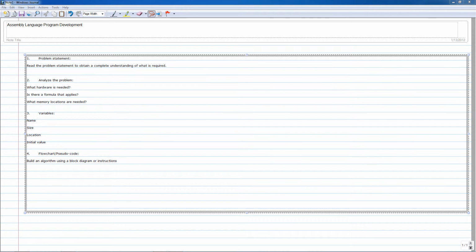The next step is to actually write the program. So you're going to use the IDE, the CodeWarrior IDE, in order to construct the program based on the flowchart or the pseudocode. The next step in the process will be to